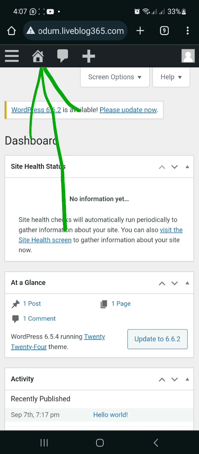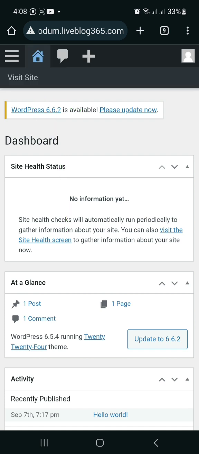this icon that looks like a house. When you click there, you're going to see an option that says visit site. Now if you just click it, it's going to override this particular tab. You want to open it in another tab, so that you can switch between the back end and the front end to see what your front end looks like when you have done your development. So you're going to click